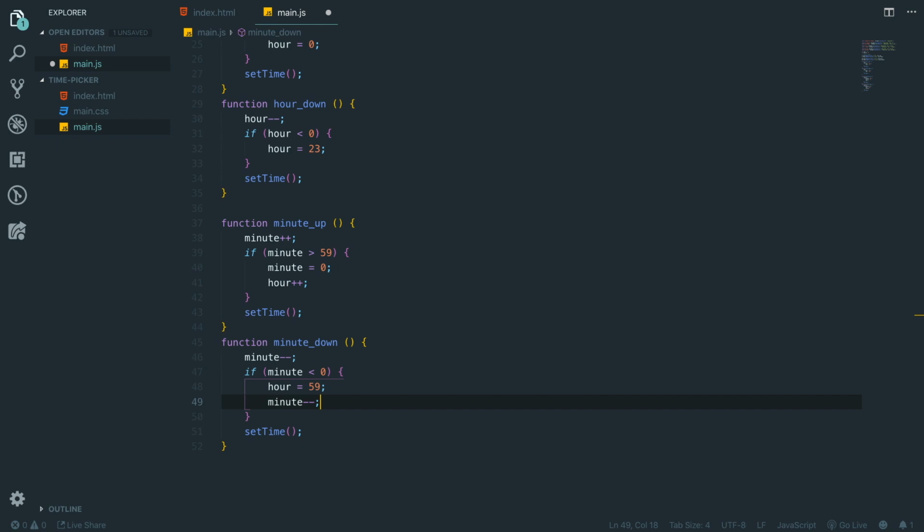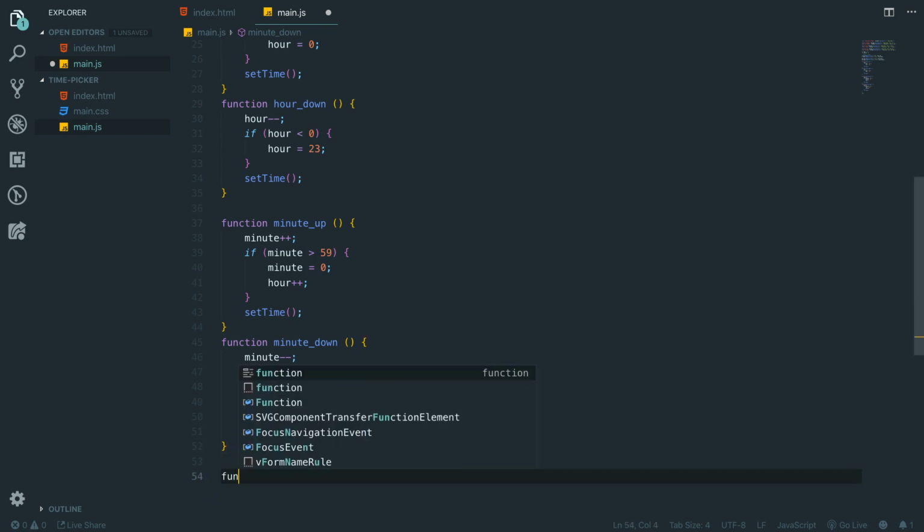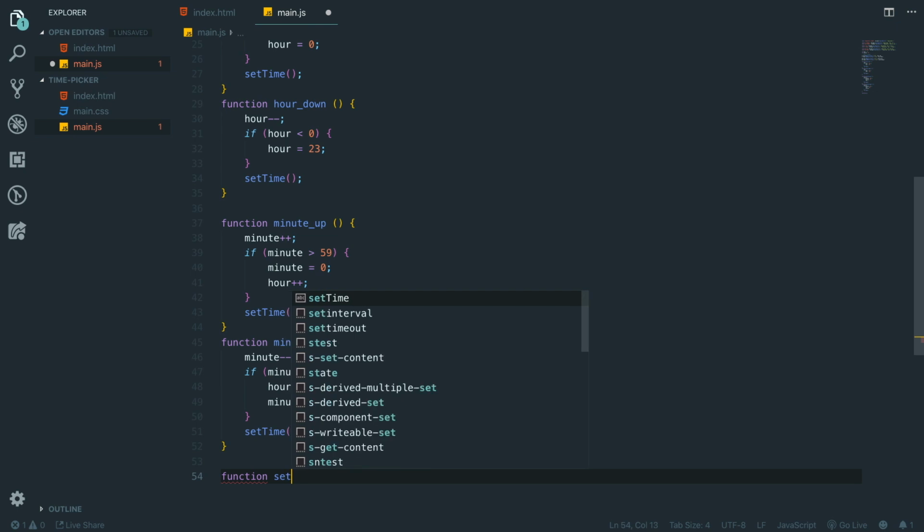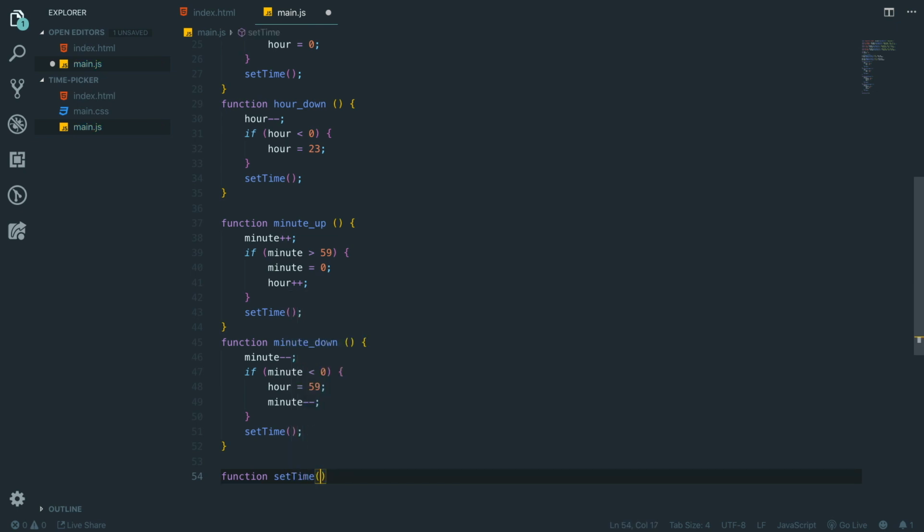So, yep, that seems about right. And then we're going to set time. So what we're going to do is create a function down here called function set_time. And what we're going to do in set_time is actually set the time. So we're going to say hour_element.value, because remember it's an input, and we're going to create